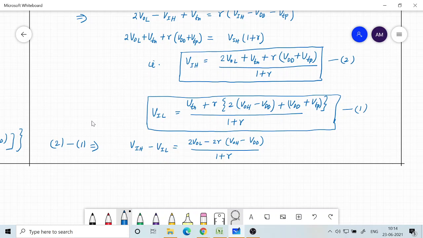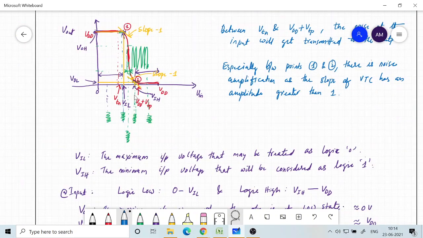Okay, so another thing is your VOL is basically very close to 0, and your VOH is going to be very close to VDD, and usually the difference between VOH and VDD is the same as VOL. Okay, so what I mean is, if you look at this diagram,